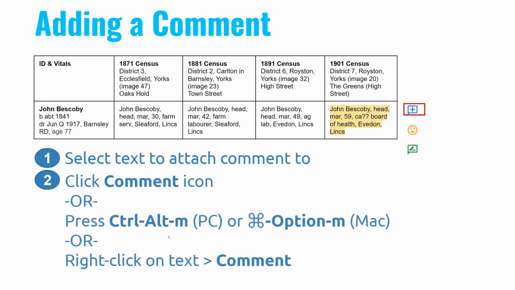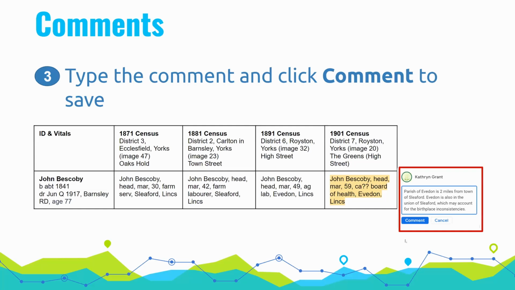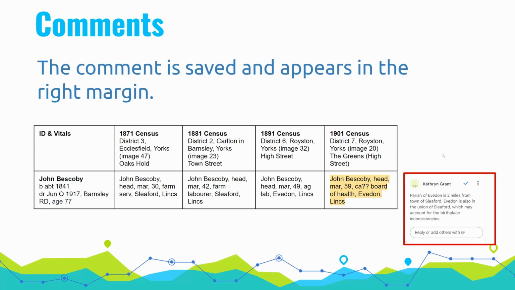And I forgot, I have these things here: if you're more of a keyboard person than a mouse person, instead of clicking the comment icon, you can use any of these keystrokes or mouse movements that are described here. And then when you do that, you're going to get a little pop-up that lets you type in the comment. When you're done, you click comment, or depending on the app, it might be OK or save or whatever. You click whatever you need to save that comment,